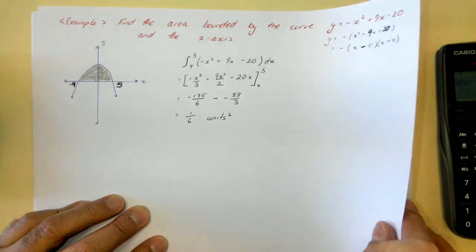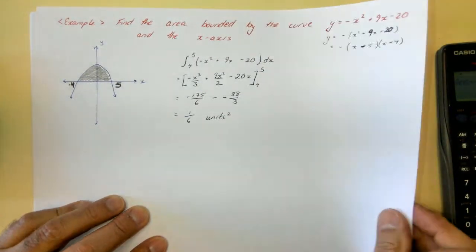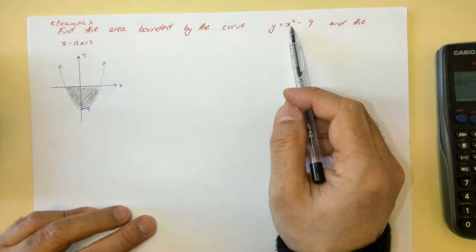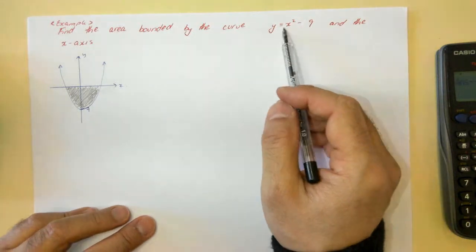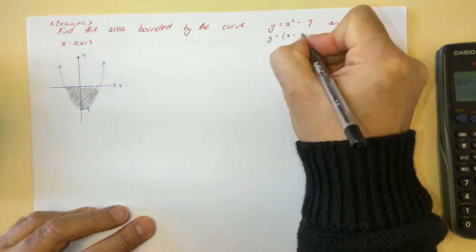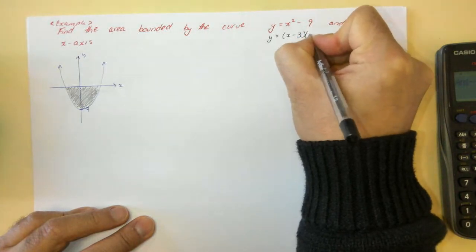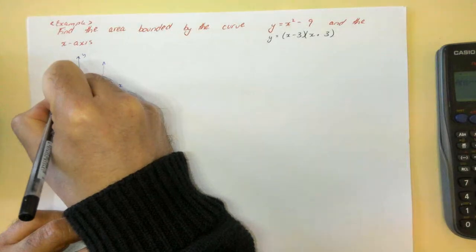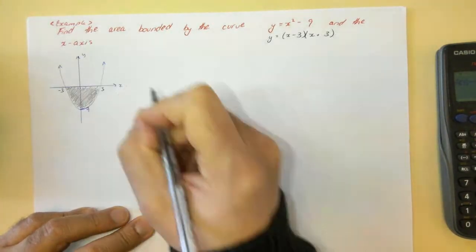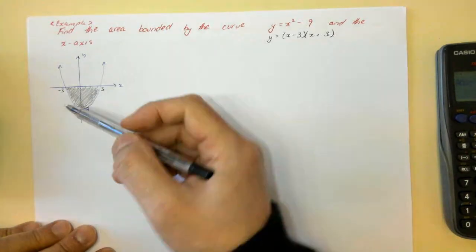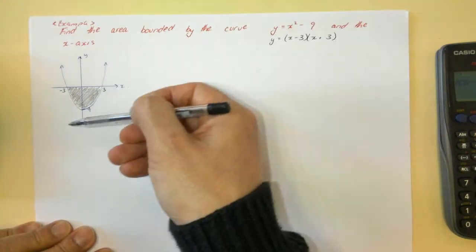Okay, we'll do another example. I'm going to find the area bounded by the curve y equals x squared minus 9. If we factorize that, that would be x minus 3, x plus 3, the difference of two squares. So we get negative 3 and 3, quick sketch. So we're going to calculate the area between negative 3 and 3, the x-axis, and